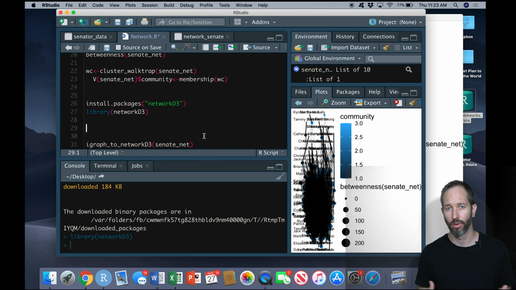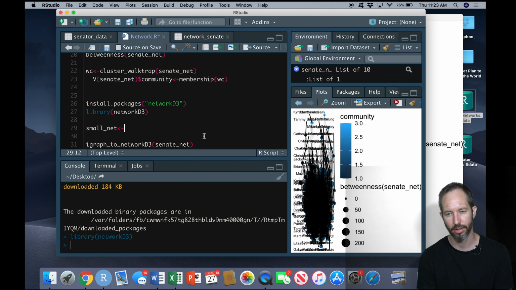We've got 4,900 and change edges. So that's a lot to move around in an interactive visualization. So what I might do before we move to this visualization is just take maybe half of our network and try to plot it. So before I get into Network D3, I'm going to use a little bit more